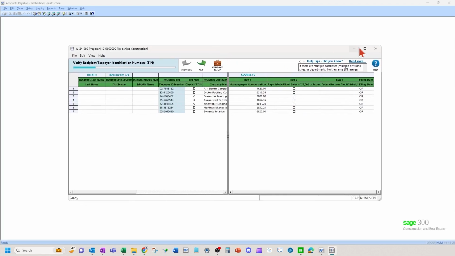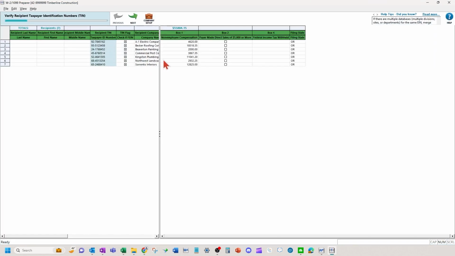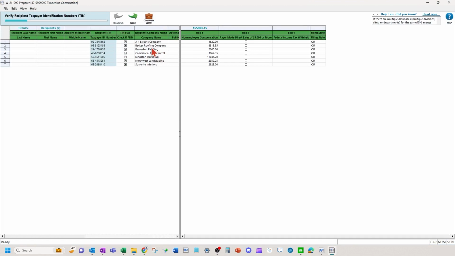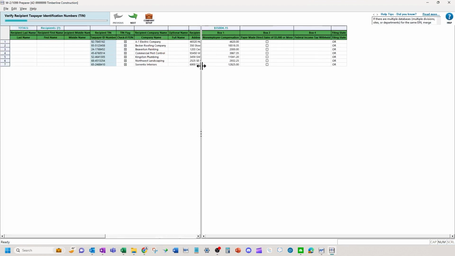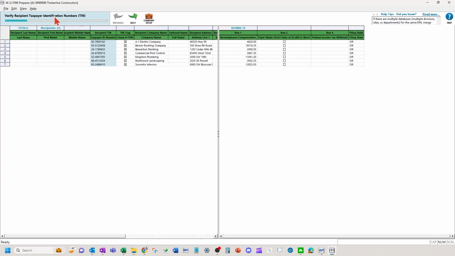Here's our grid. Here's where you can make changes to address, name, or you go into the vendor setup and rerun the utility. Okay, so we're going to hit next.